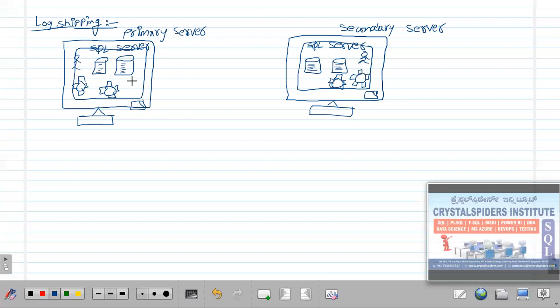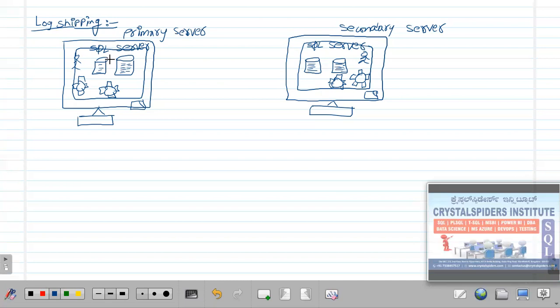Sir, the thing is, let's say these are the databases. If we make any changes here, do I need to make the same changes here manually as well? That is the question. We don't need to do it manually. There are some tasks we have to do manually, and some tasks we don't need to. We can make the changes flow from this database to this database automatically.